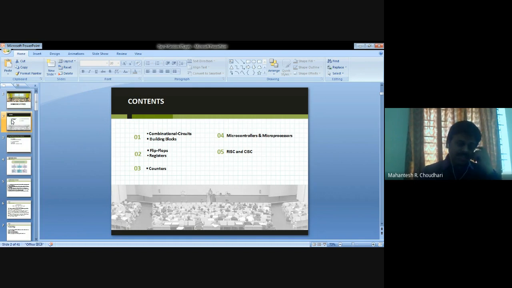Next, counters. Again, what are the requirements with building blocks? Almost that comes with flip flops, registers, counters, microcontrollers, processors, and many concepts involved like RISC and CISC operations. We are going to study a few more things there.